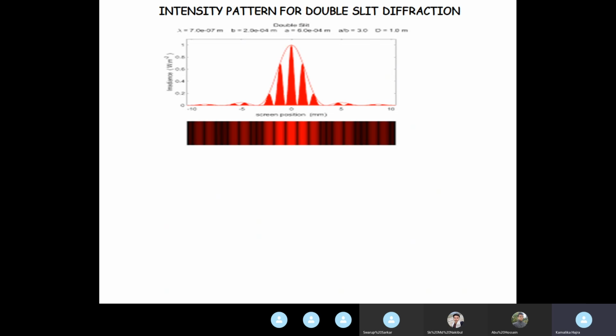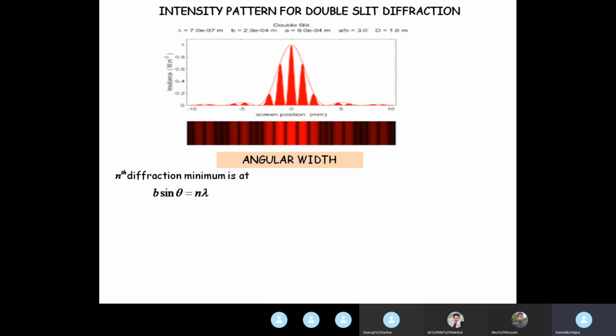And do you realize that when the value of B is very small, it is only this part that we see on the screen giving us double slit interference pattern. Okay, we also have to keep an idea of what angular width of the pattern is. Angular width, as you can see, is this, the width of this in terms of the angle that it subtends at the central point of the screen.